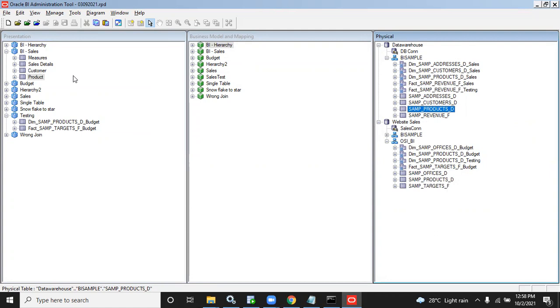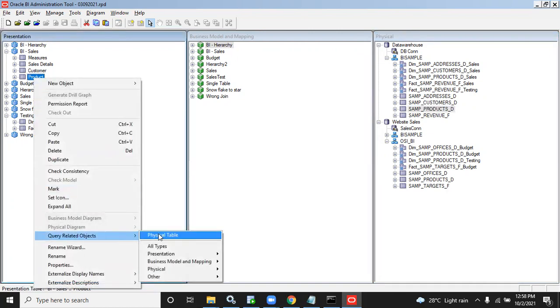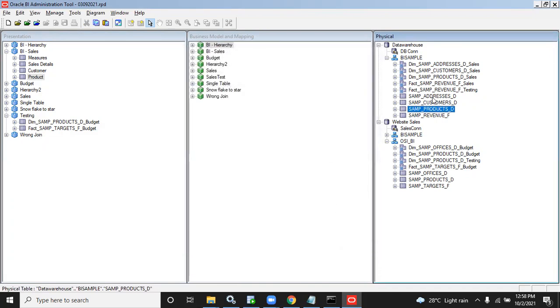So the database table is the same, but here the aliases are different, so it will never pass the filter. Subject area is different, I agree, but in the physical layer both should be the same. If you query related and go to the physical table, both have to go here itself. Even the report column and the prompt column should go here. If both are the same table inside the physical layer, then only is prompted works.